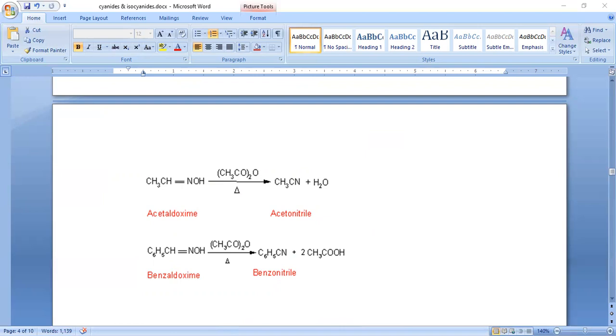When we remove the water molecule from here, just by removing this, we can get R-C triple bond N, cyanide. So it is also one type of dehydration reaction, but earlier we executed this reaction by taking amides, and here we are executing the same reaction with the same reagent, but our substrate is different. So from oximes also we can prepare cyanides.